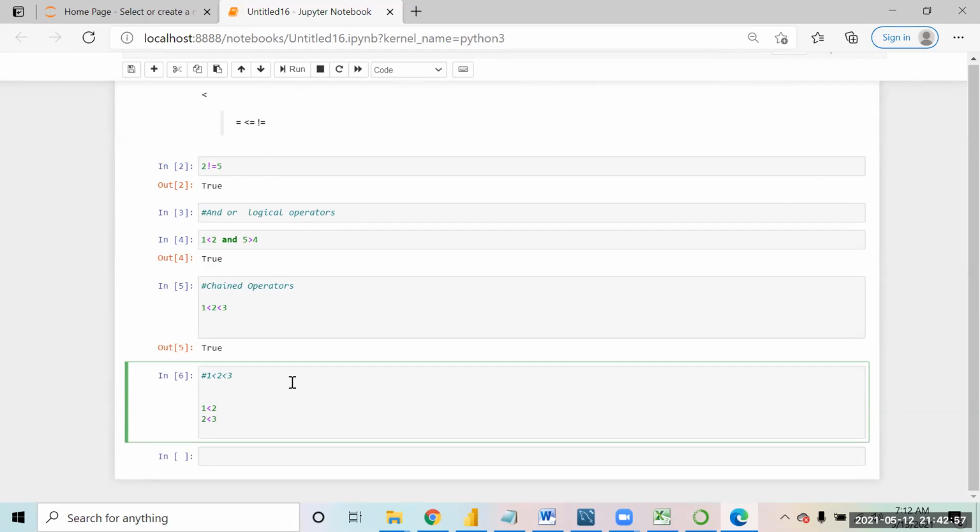So this is what we call a chain operator, where we give two conditions together. Please try them.